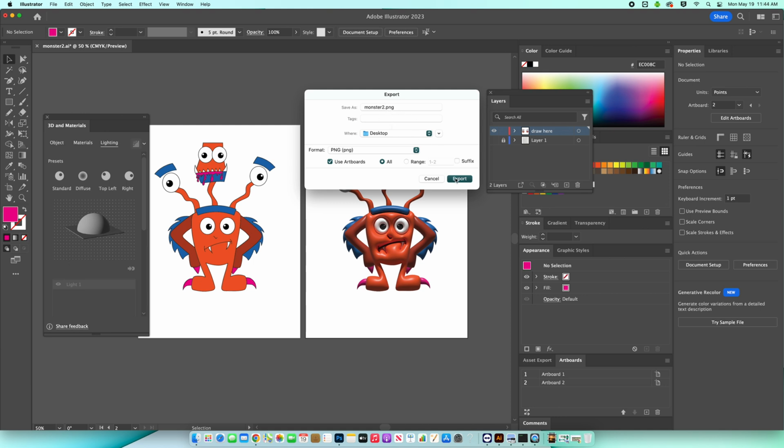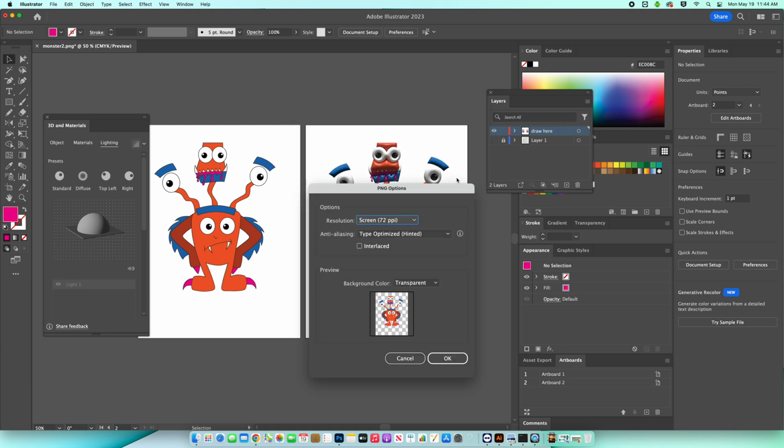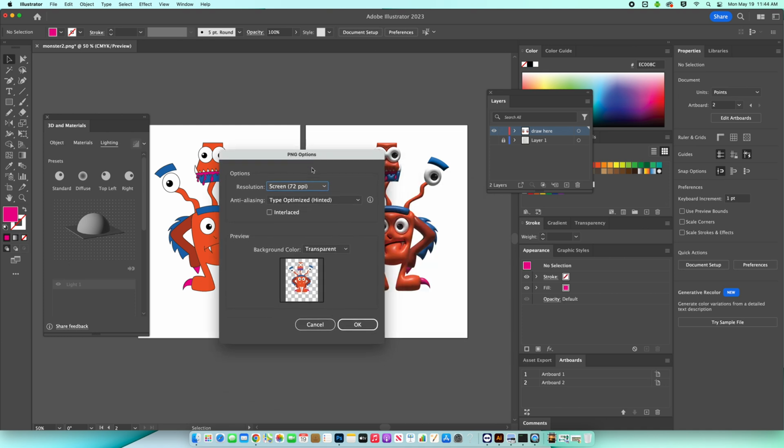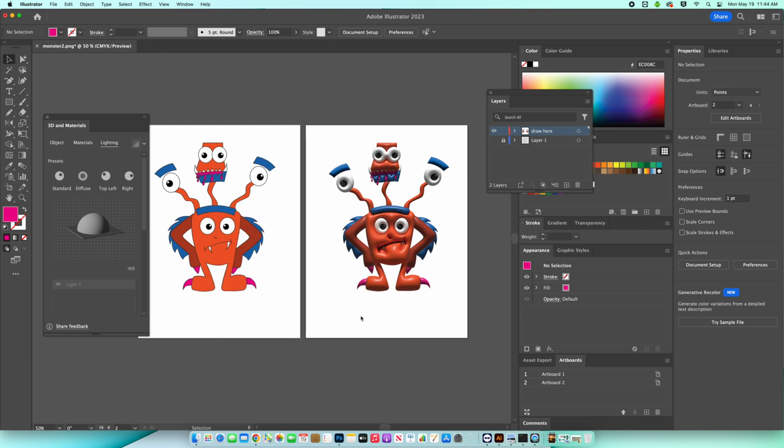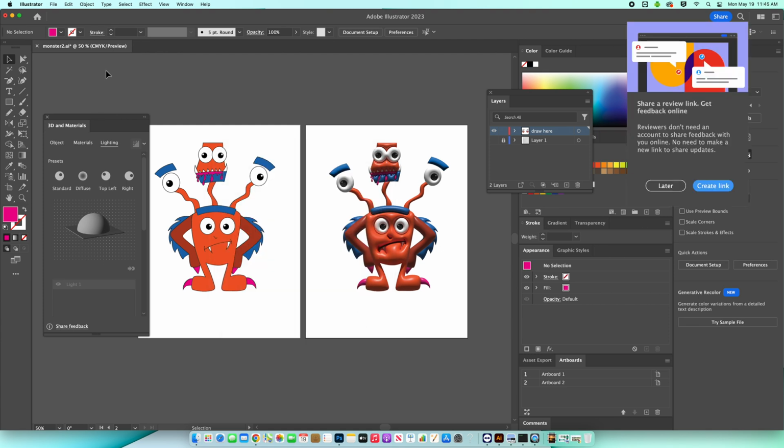For me, I'm going to save them to the desktop, but you should save them to your folders, of course, on the server. When the next screen pops up, the resolution, we want to do it at 300, best quality for this for now, and then we're going to hit OK. Once that is done,